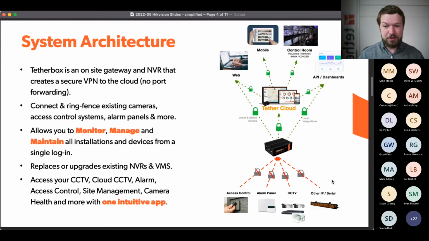So in terms of the system architecture, what Tether does, what it connects to: you put a Tether box on site. We also have a software-only version if you want to run it on some existing hardware. Once that Tether box, either hardware or software, is on site, it can connect to all of these different devices